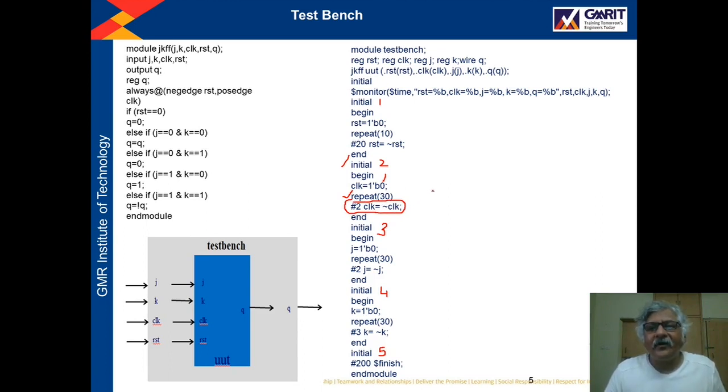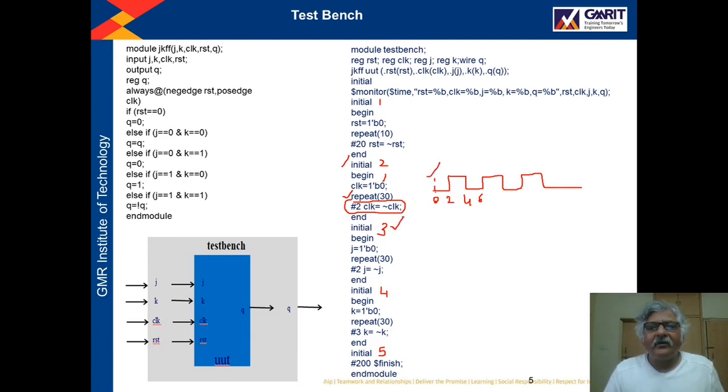So with this what will happen, this type of clock will be generated, right? This means if it is 0 time, then after 2 unit time, then after 2 means 4 unit time, then again after 2 means 6 unit time. So after the gap of 2 unit time, the complement of the clock will be generated. So you will get this type of clock.